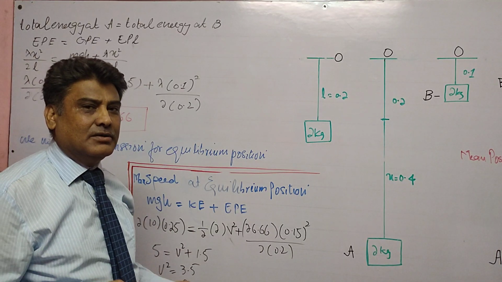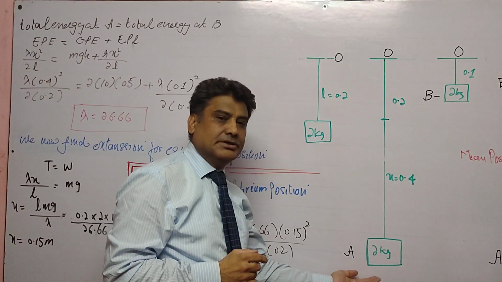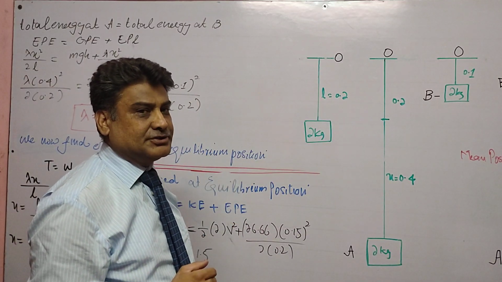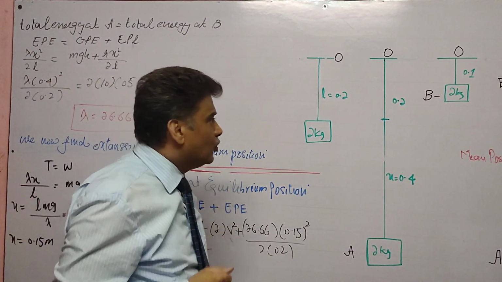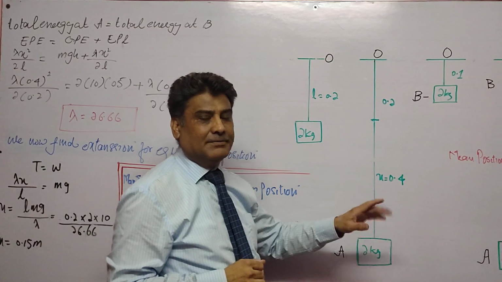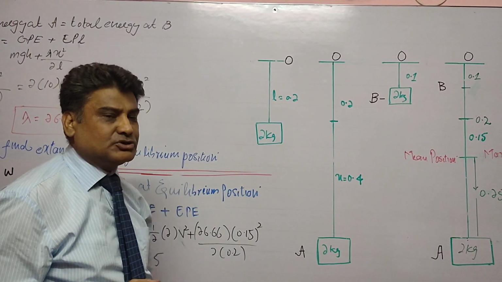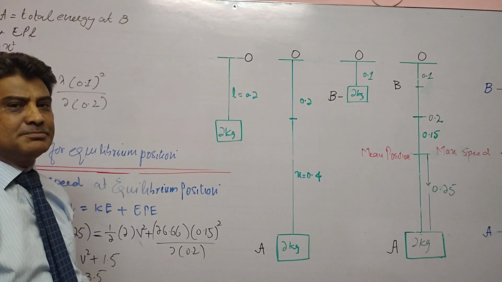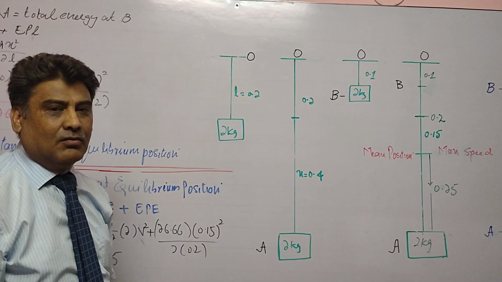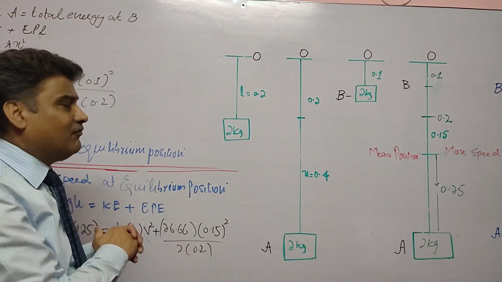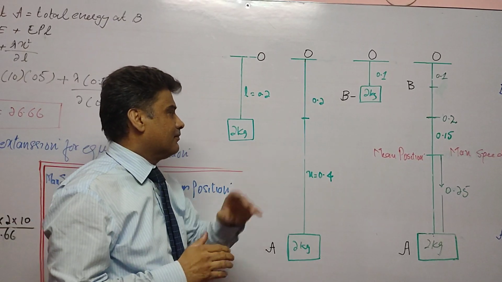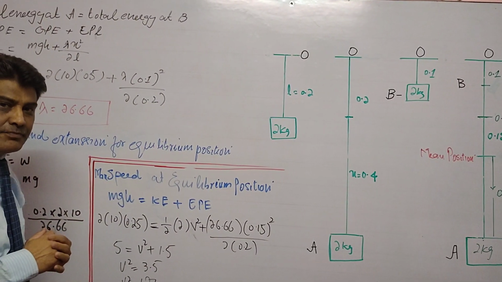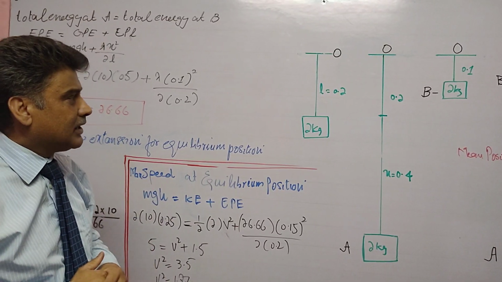Obviously, when we release it from here, it will move upward due to elasticity in the string, and it will move up to the point B. It will then continue its motion between the two points A and B, and we have to find the maximum speed of this particle. We also have to imagine where its speed will be maximum. Okay, this was a simple statement of this problem.